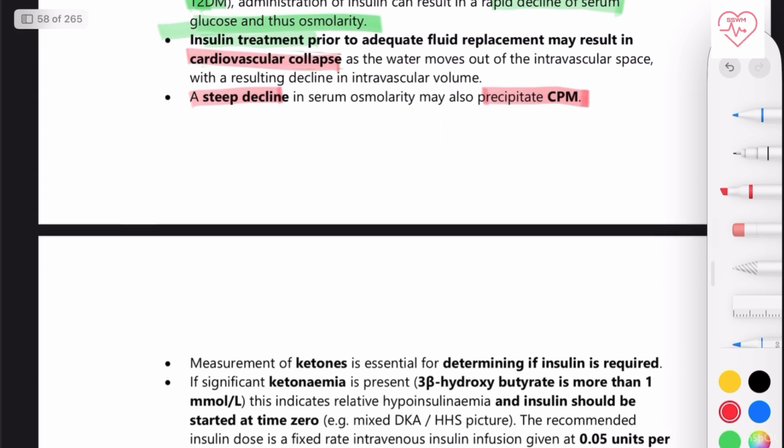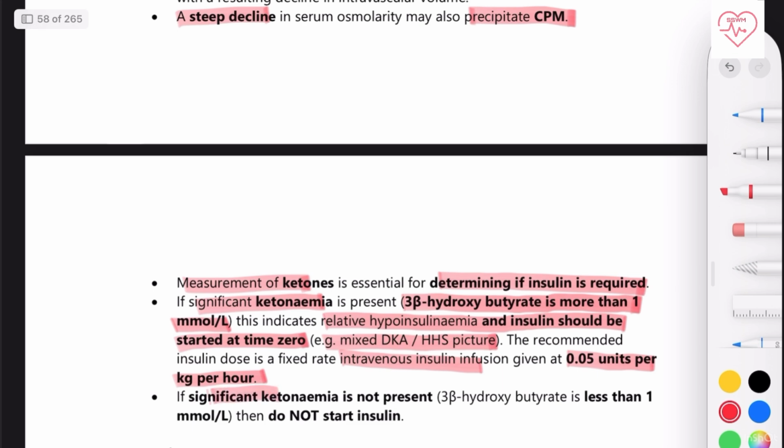Measurement of ketones is essential in determining if insulin is required. If significant ketonemia is present, 3-beta hydroxybutyrate more than 1 millimole per liter, this indicates relative hypoinsulinemia and insulin should be started at time 0, for example in a mixed DKA-HHS picture. The recommended insulin dose is a fixed rate intravenous insulin infusion given at 0.05 units per kg per hour. If significant ketonemia is not present, 3-beta hydroxybutyrate less than 1 millimole, then do not